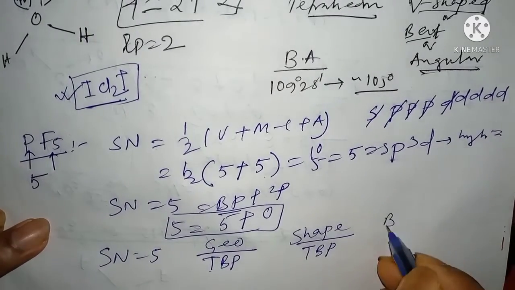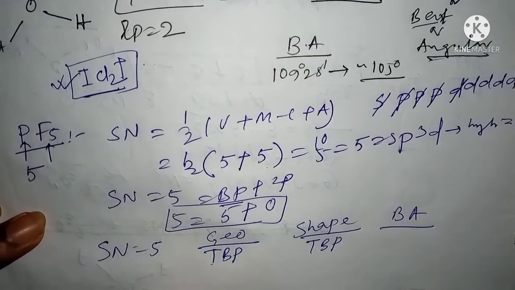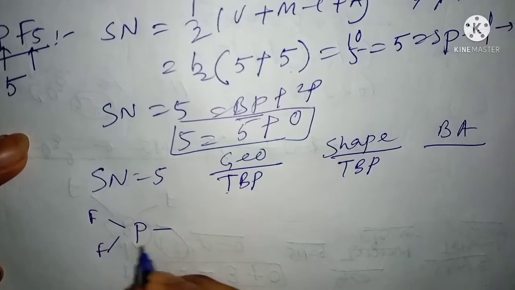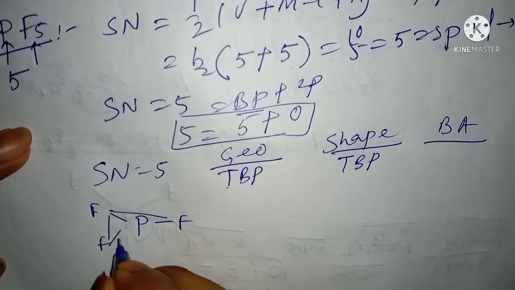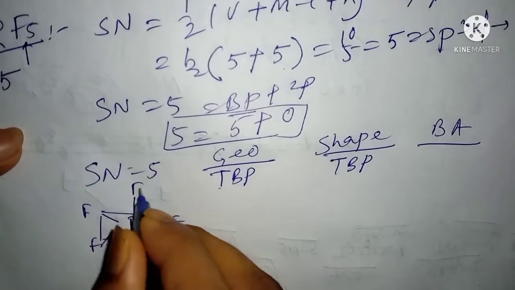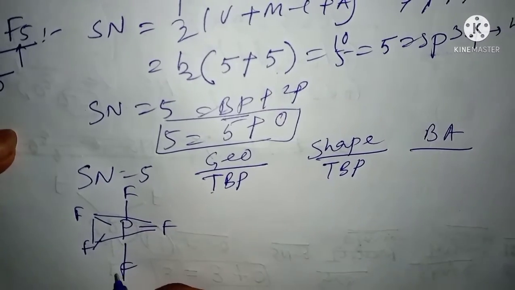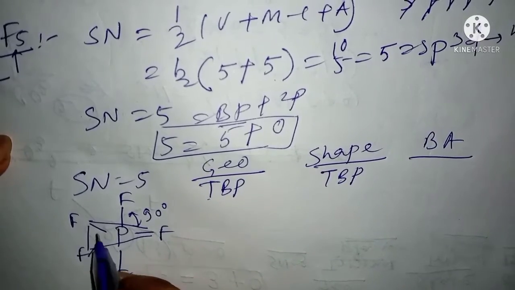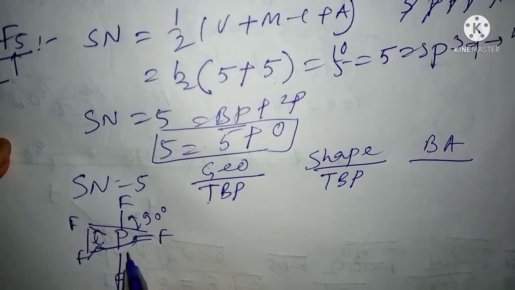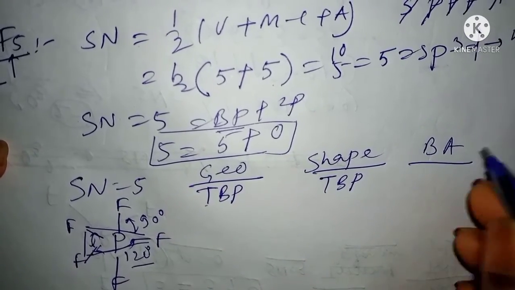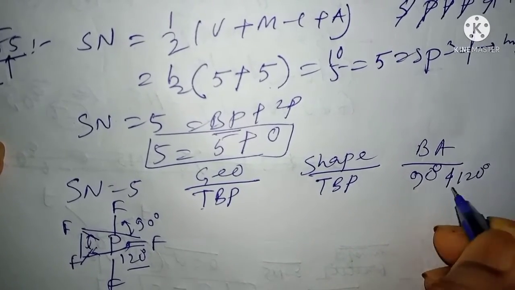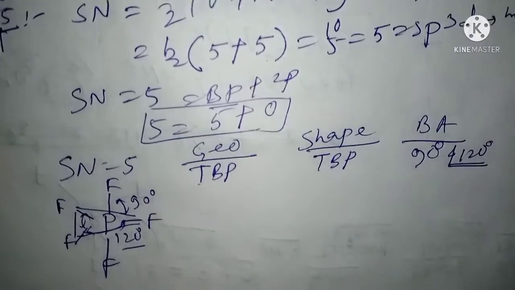And for bond angle, the structure determination, this is the TBP structure, with 3 atoms equatorial and 2 atoms axial. So one bond angle is 90 degrees and another bond angle is 120 degrees. So 90 degree and 120 degree bond angles are there. Now another example,